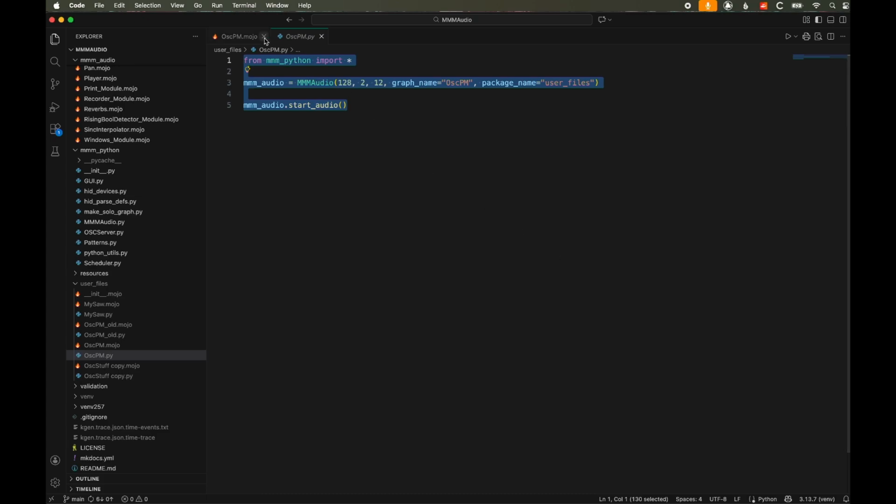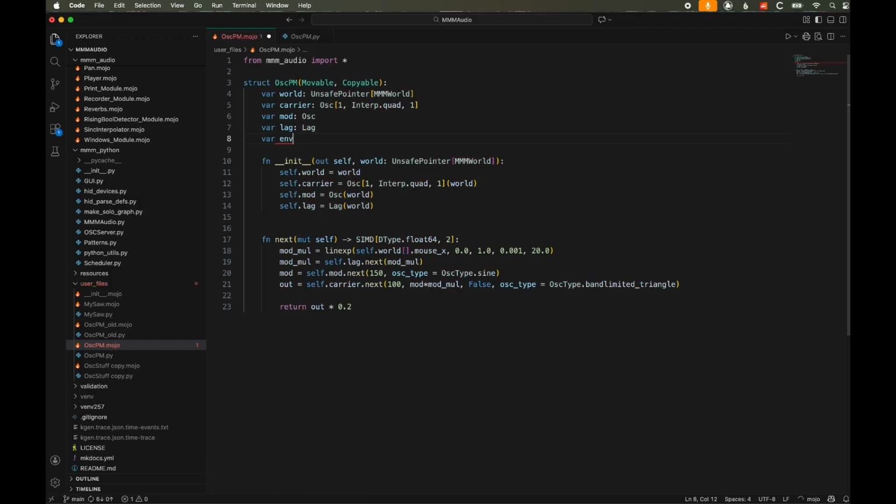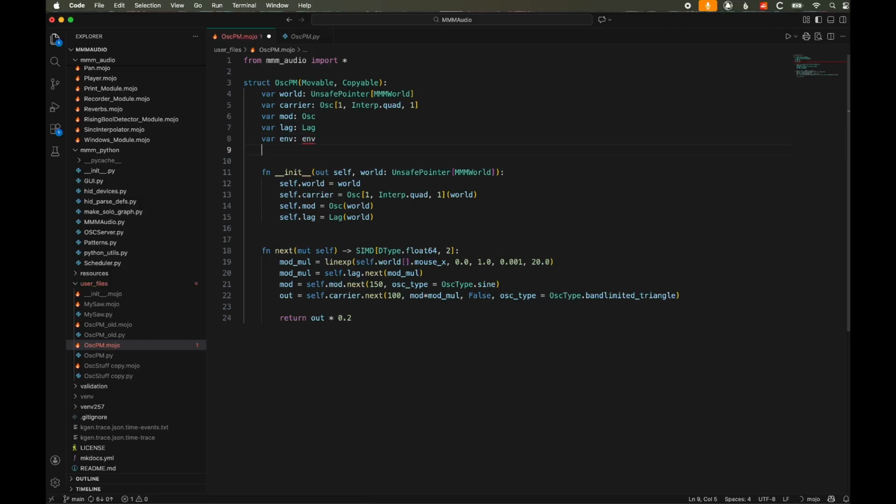So now I want to be able to, instead of just playing this with the mouse, send messages from Python over to Mojo, and trigger a sound, and I want to have an envelope. So we're going to add a bunch of things here. First thing we're going to do is add an envelope, and we're also going to add something called